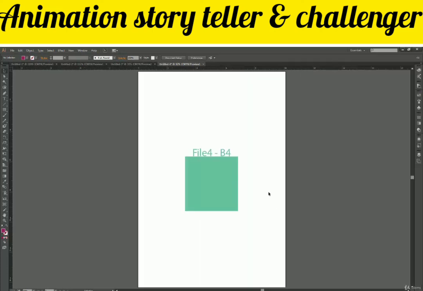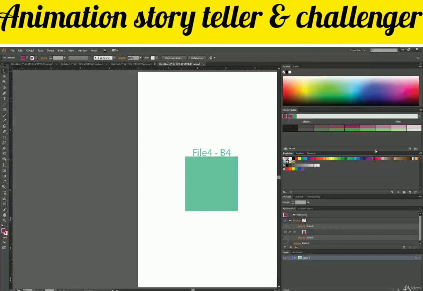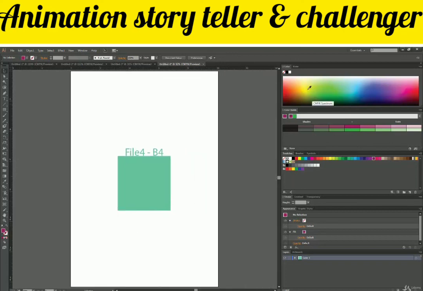Okay, so now let's come to a topic where I want to create my own workspaces. So let's switch back to Essential itself, and let's say I'm working on some project for 6 months or so, and it's a color theory project or something, and I want my workspace or panel arrangement to be like this. I want some big window for my color palette, and I don't want much space for my artboard. So this much is fine for me because this color palette to select colors will be very beneficial for me.